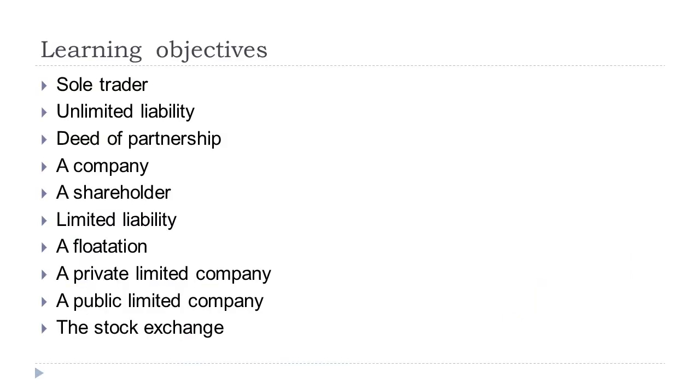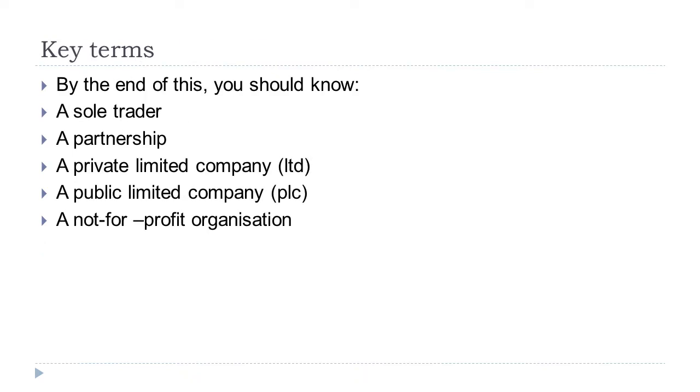So welcome to Unit 1, Section 5, Business Ownership. So the learning objectives today: we're looking at different kinds of business ownership. So looking at sole traders, partnerships, limited liability companies, private and public. We're looking at charities and we're looking at cooperatives. And these are some of the key terms that you need to make sure that you know. By the end of this, you hopefully know what a sole trader, partnership, PLC, LTD, and a charity and a